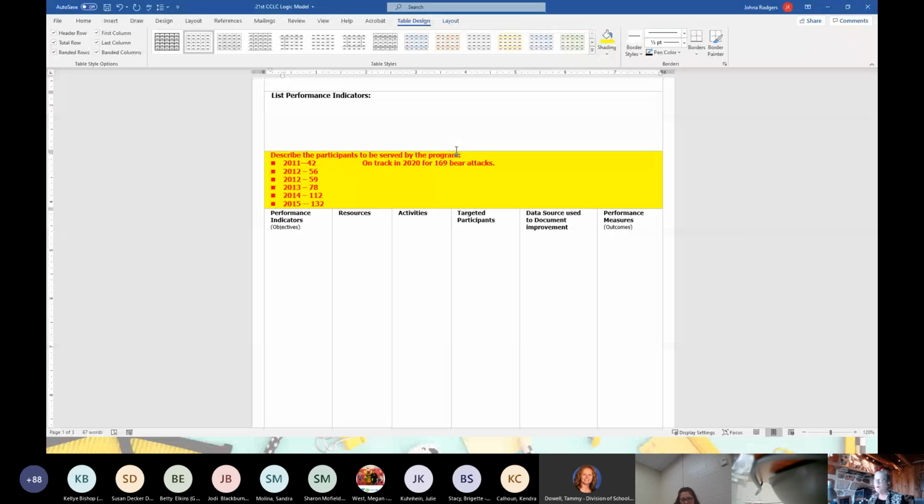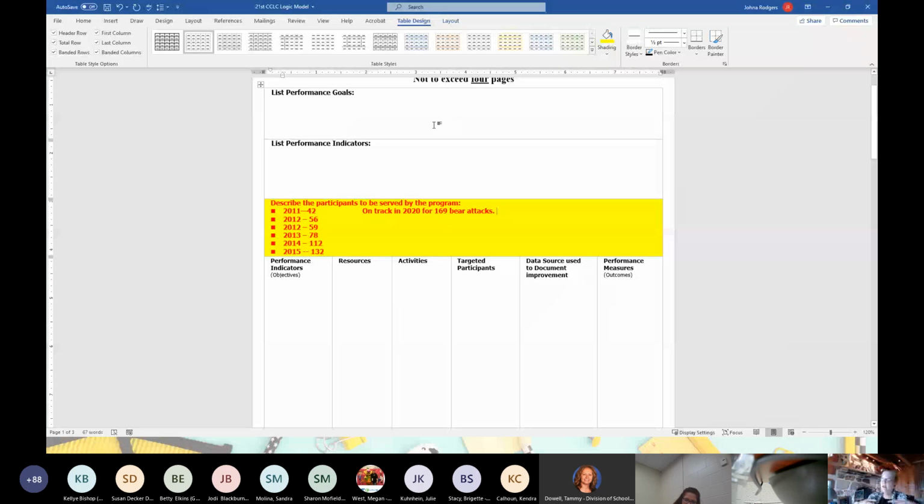So my goals then, I would have some goals. A big broad goal for the park would be, gee, everybody's going to have a great time at the park. We're going to exist together, nature and man in harmony. Big goal. Might not be doable. But our main performance indicator, and here's how you write a performance indicator: my key problem with the bears is that I've had an increase in bear attacks. Therefore, my performance objective is to reverse it. I'm going to decrease the number of bear attacks